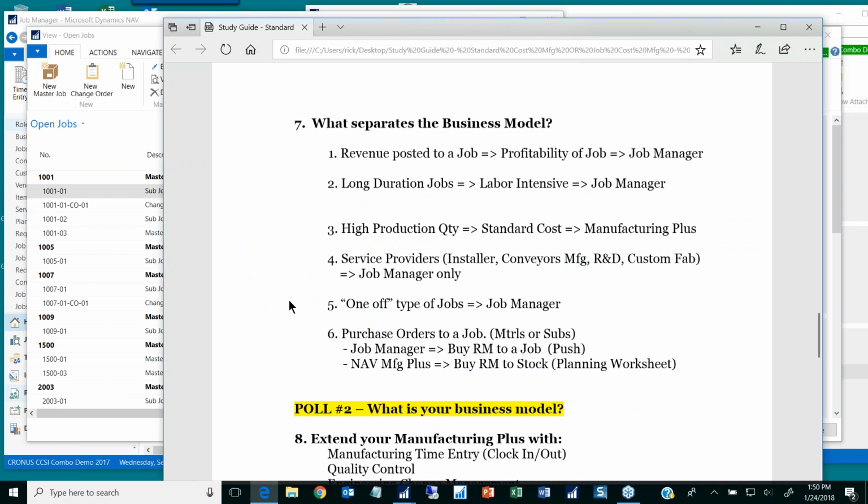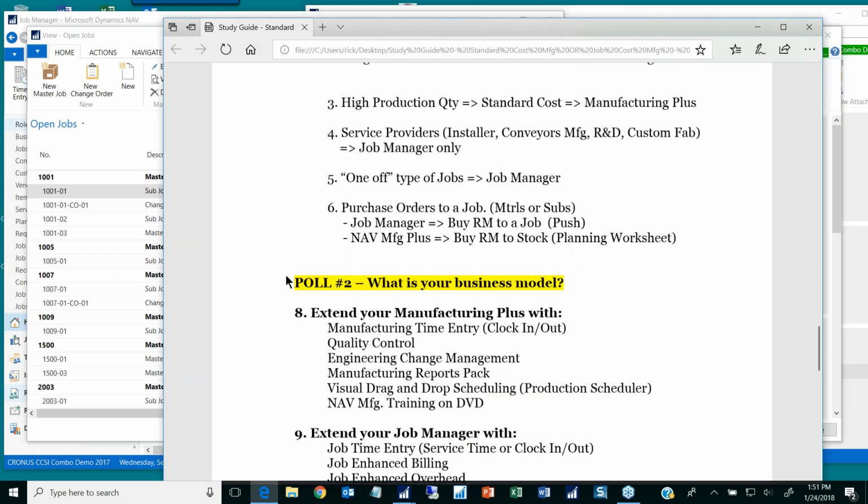In fact, quite recently, we've had quite a few people purchase both products and merge the two together. They use the project side for their project, I almost call it project manufacturing, and then they use production to make the inventory